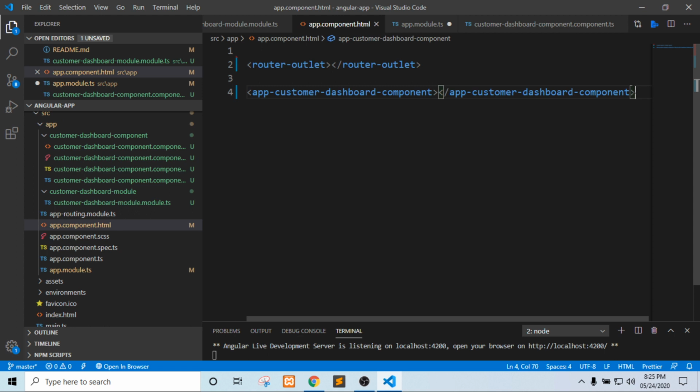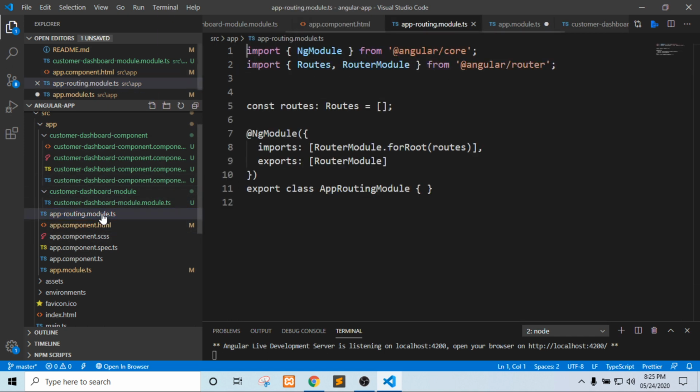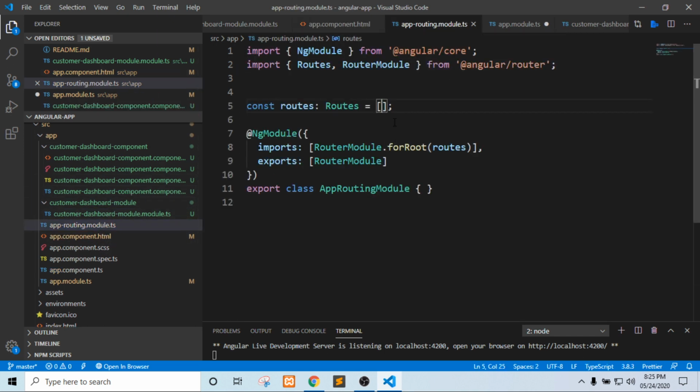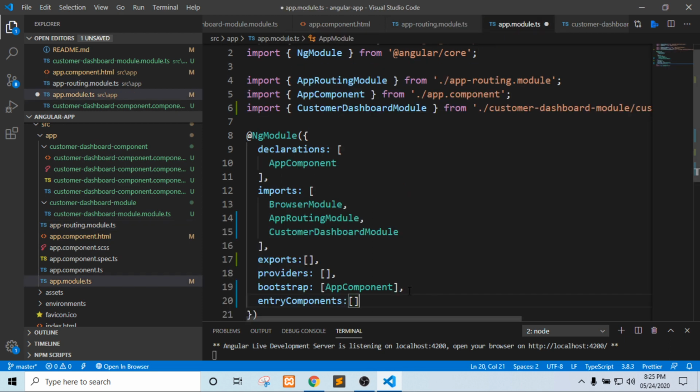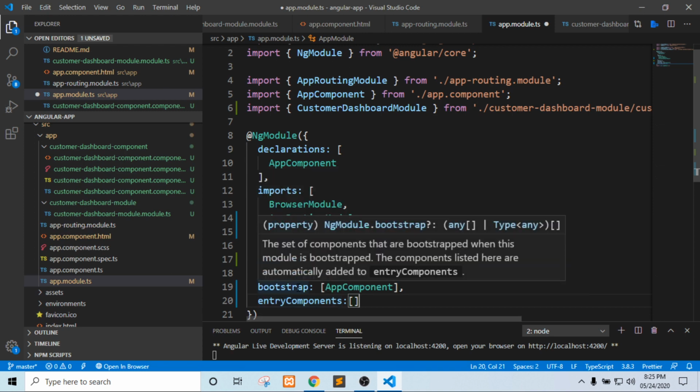There is one other way: we can use routing or the router outlet. Before this we need to specify it in app-routing.module.ts, where we specify the path and component name. So entry components are basically those components which are used by routing or the bootstrap component. Excluding the selector way, we can use it either by routing or by bootstrapping.